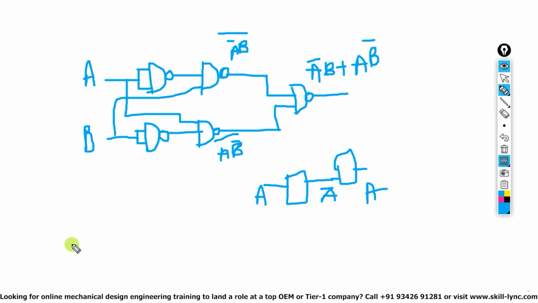Now see how we can reduce it further. Understand the concept of why we want to reduce it: the more gates there are, the more wires it will take. If there are more wires and more gates, it will take more space. And if there is more space, there will be power dissipation, the overall speed will be less, the circuit will be complex, and the cost will be more. So our motive is to reduce more and more.